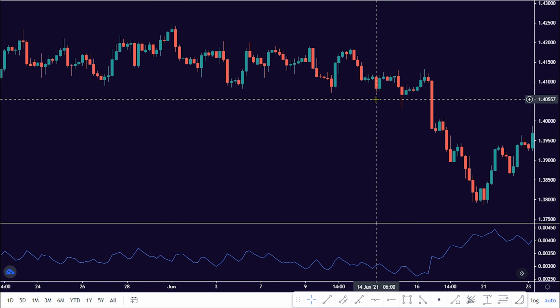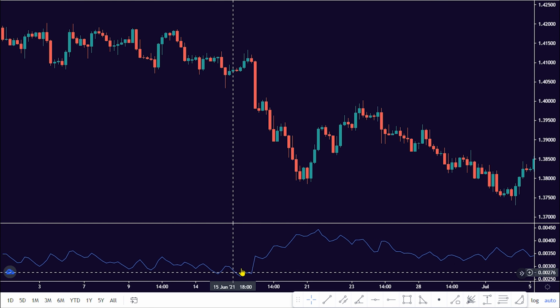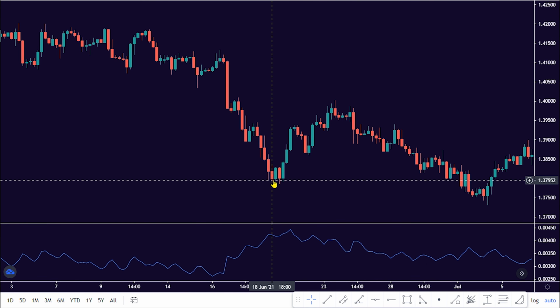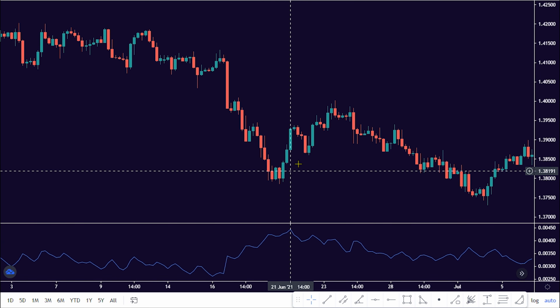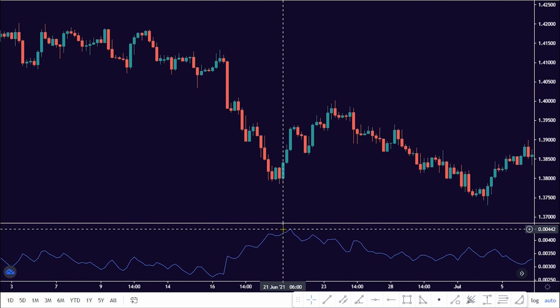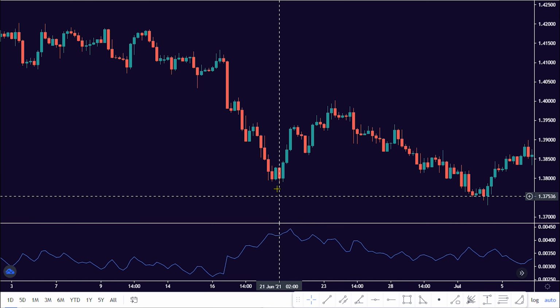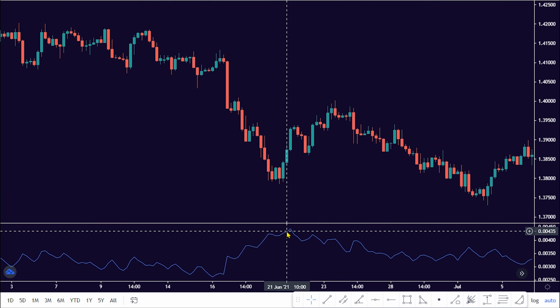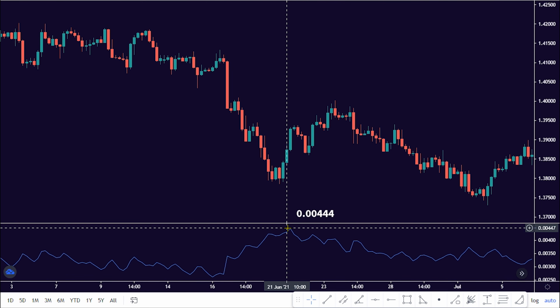How can we use the ATR indicator for stop loss setup? To use the ATR indicator for a stop loss in a buy position entry, we need to multiply the value of the indicator reading scale by 2, and then subtract it from the current entry level on the price chart. As we can see, the indicator reading scale here is 0.00444. Multiplying 0.00444 by 2 would give us